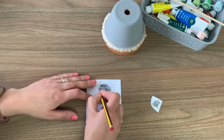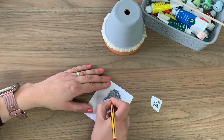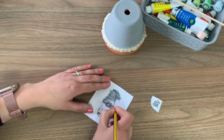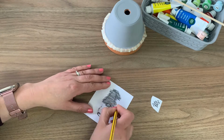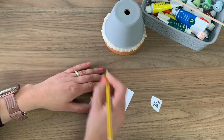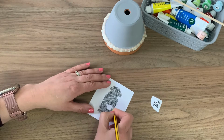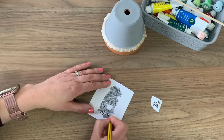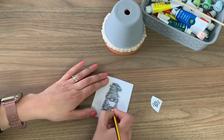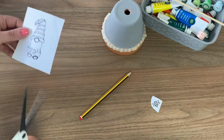Now, if you have some carbon paper, or you could even use tracing paper, then you can use that instead. But without it, this is just a really quick and easy way of transferring your design onto, in this instance, a pot or a piece of wood or whatever it is you're painting on, canvas, etc. So there we go. That is all over the design, as you can see. And now I'm going to make it slightly smaller,